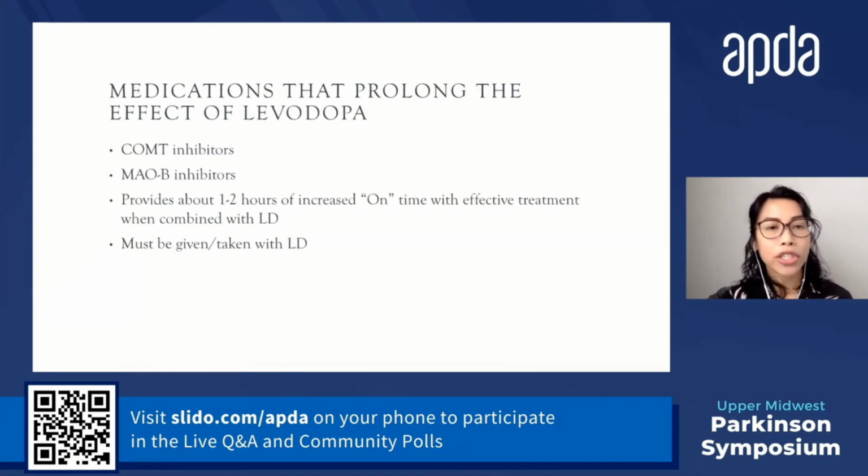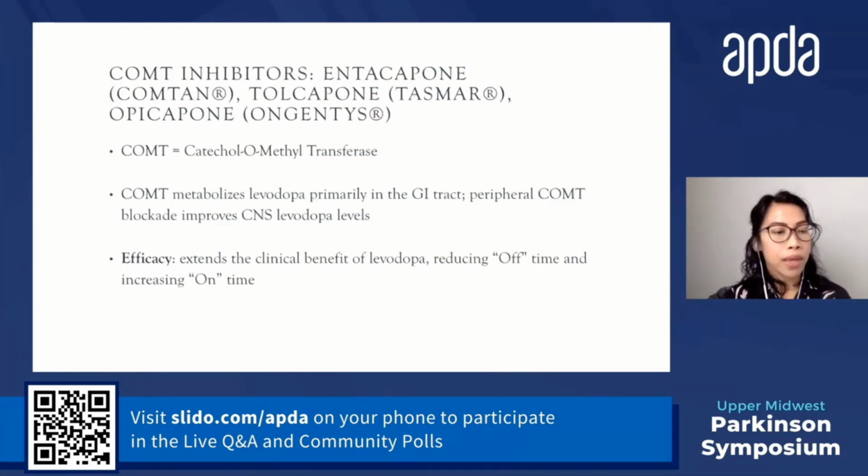So there are several medications that prolong the effect of levodopa, including COMT inhibitors and MAO B inhibitors. And so these two classes of medication provide about 1 to 2 hours of increased on time with effective treatment when combined with levodopa. So this must be taken with levodopa because on its own, COMT inhibitors and MAO B inhibitors do not have independent action. So these are the examples of COMT inhibitors. And COMT stands for